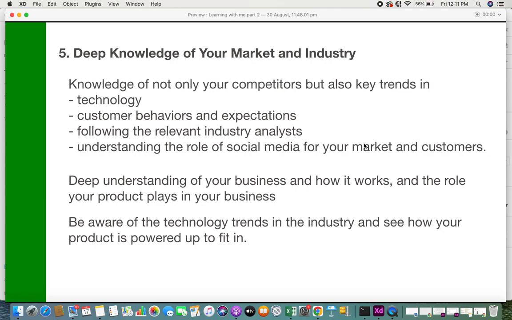So it's important for product managers to have knowledge of not only competitors but also key trends in the technology, customer behaviors, and expectations, following relevant industry analysts, understanding the role of social media for the market and for customers. So, all this is really important. You just don't go and think, oh, these are my competitors, and you just don't do a parity check with the competitors' features and your product's features. It's not a feature level